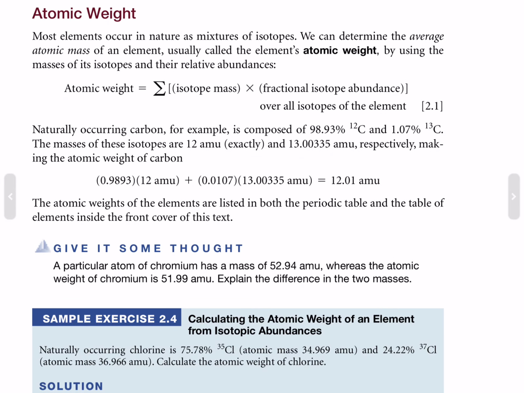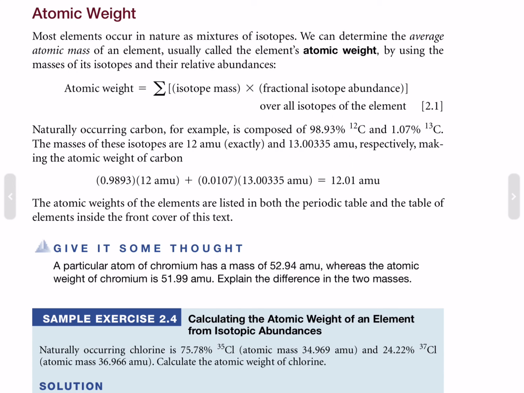Atomic weight. Most elements occur in nature as a mixture of isotopes. We can determine the average atomic mass of an element, usually called that element's atomic weight, by using the masses of its isotopes and their relative abundances. The atomic weight is the sum of all of the isotope masses times their fractional isotope abundance over all the